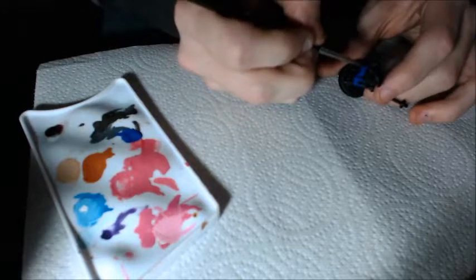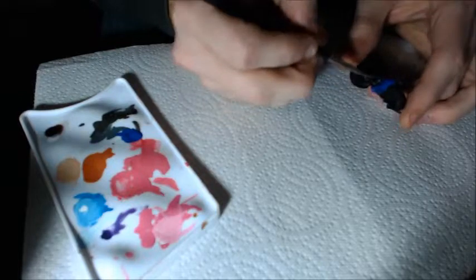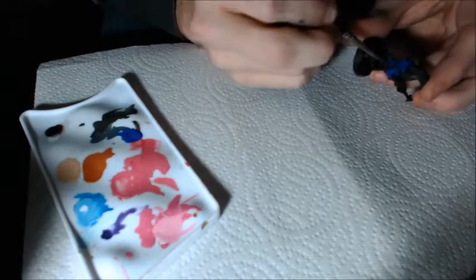And I think at the end of the day, if you like how it's turning out, then that's all good. I mean, for me, I'm doing this on a commission, so